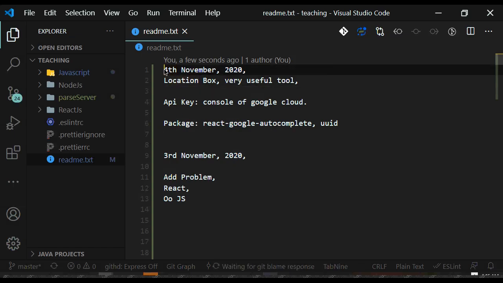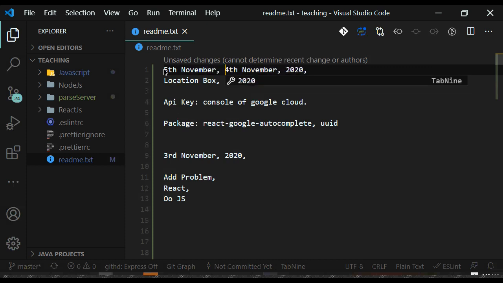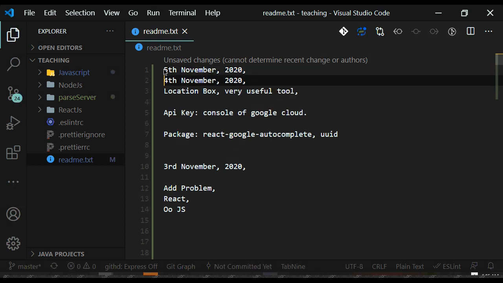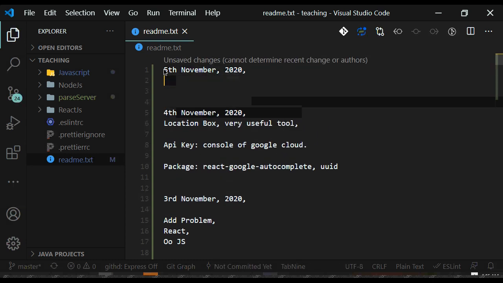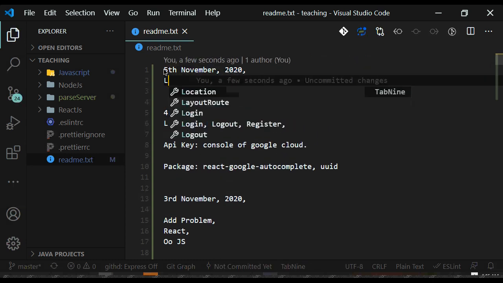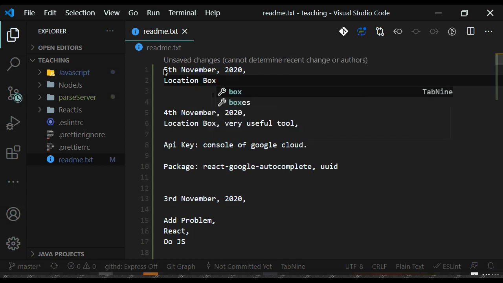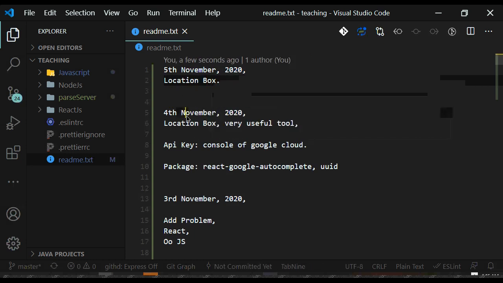So we'll start with the location. Again, it's button half before. Yes, today is 5th November. So let's continue with the location box again,